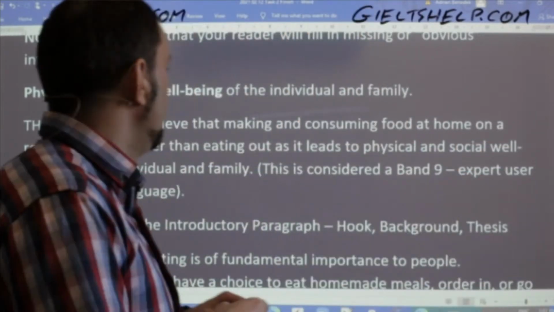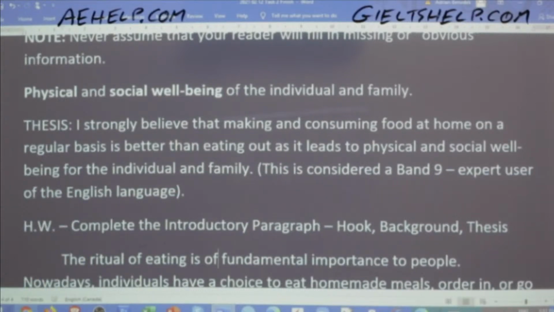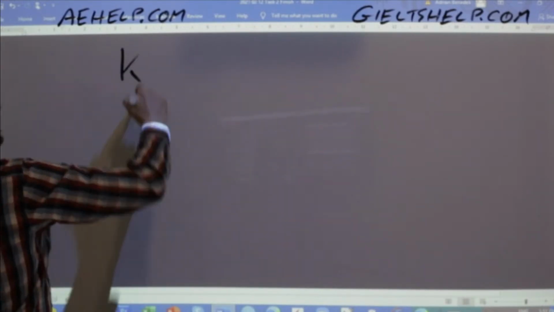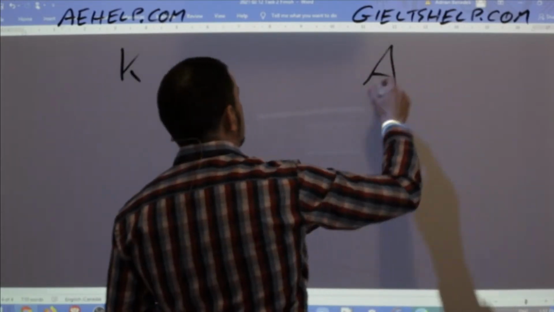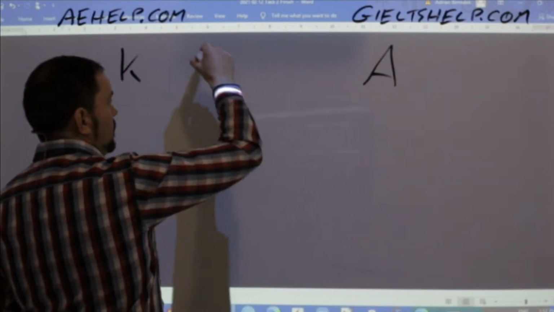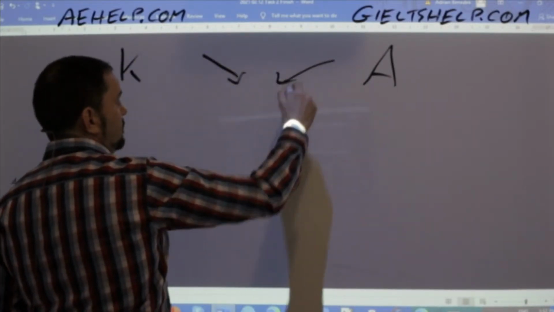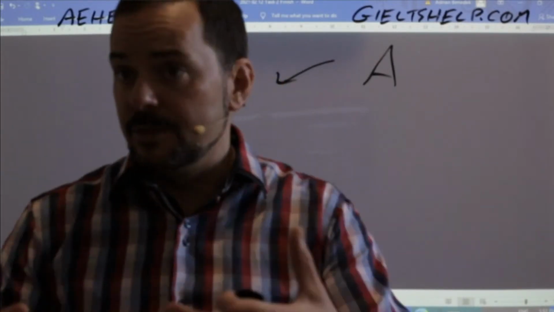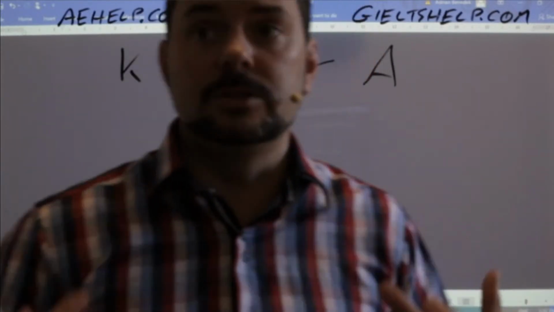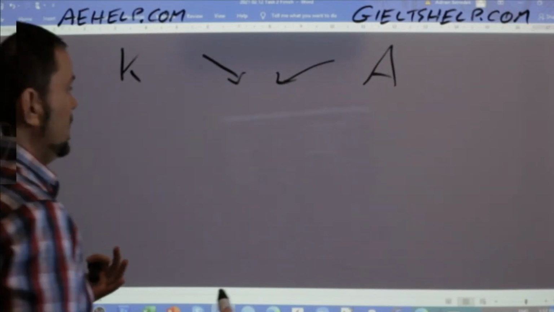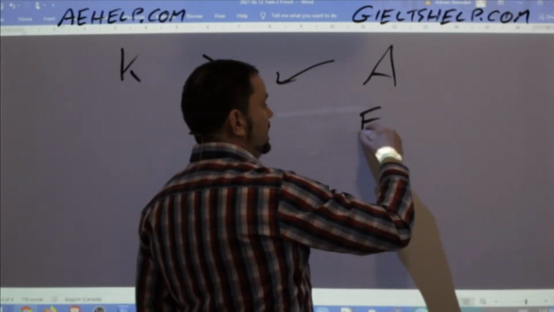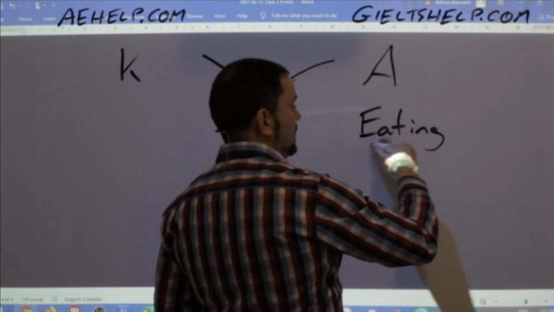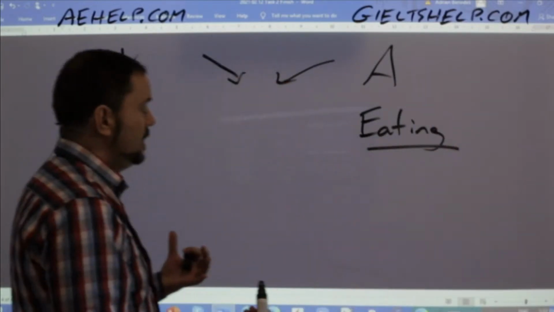So the difference here, I'm going to highlight a difference between Ali and Khyber. So here's Khyber, and here's Ali, okay? And here's kind of where you want to be between the two of them, okay? So I'm using your information, Ali and Khyber, and thank you for sharing. This is why it's really good to do this, because you learn from it. So Ali is kind of talking about eating. So it's the background to eating in general.